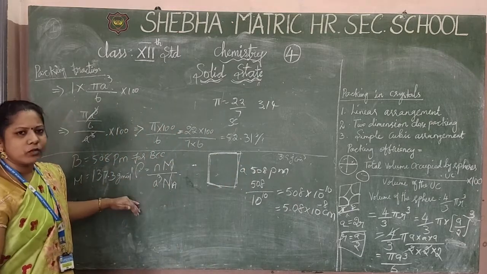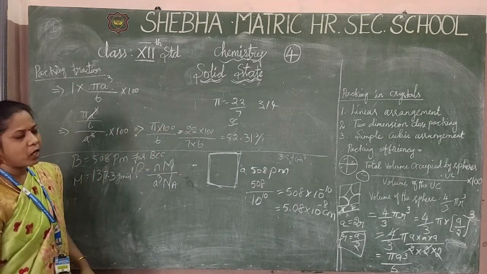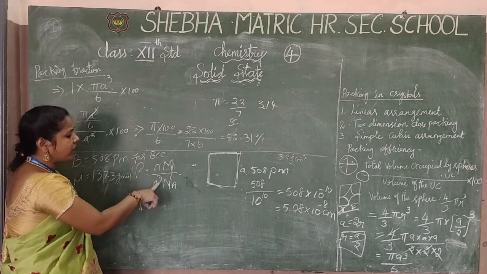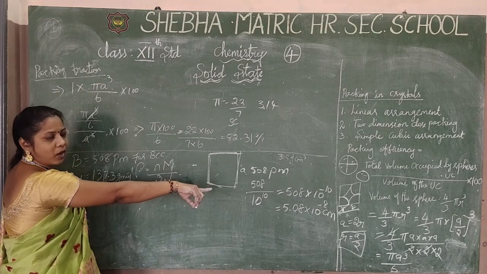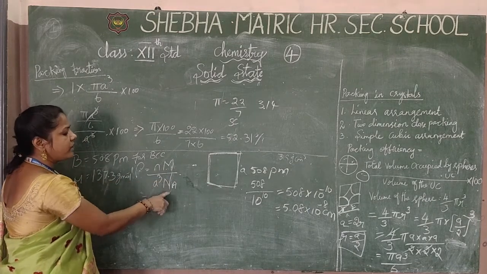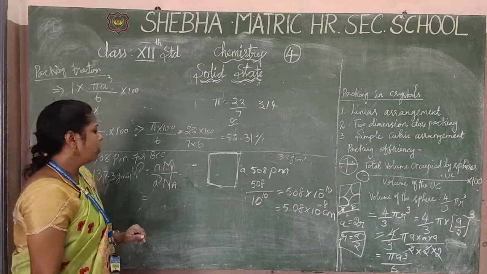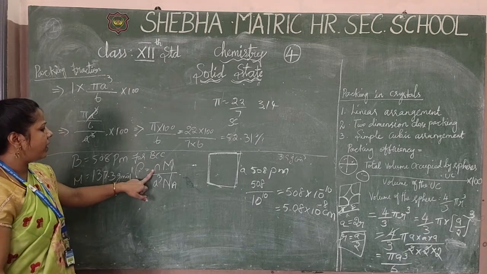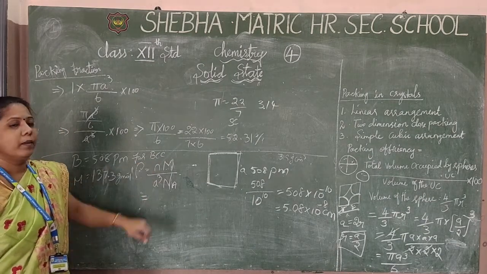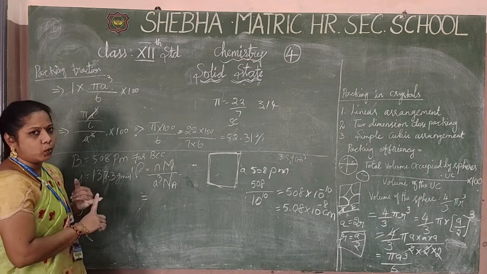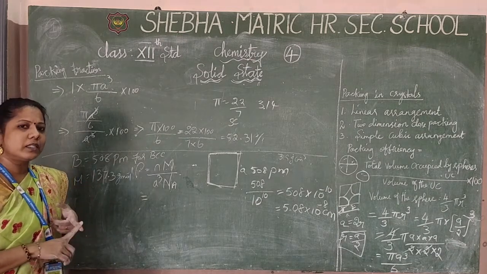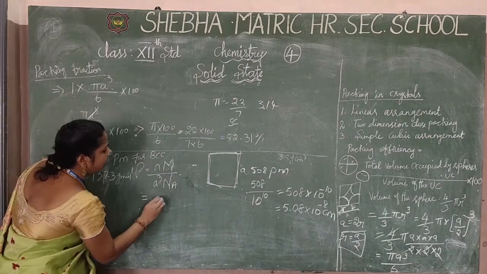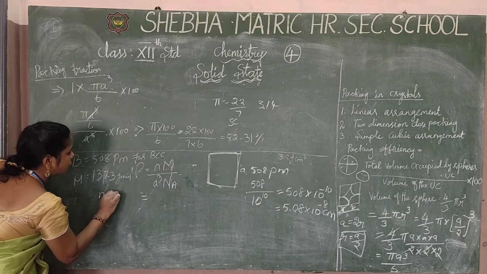Then only we can substitute into this formula. Okay, I am coming to this formula for the density of the unit cell. N is the number of atoms, M is the molar mass, a cube is the length, which you have to convert to centimeter, no? Na is obviously Avogadro number. Number of atoms means for BCC, body centered, obviously 2, simple cubic 1, FCC 4. Okay, you have to mind it, don't forget. So BCC number is 2.